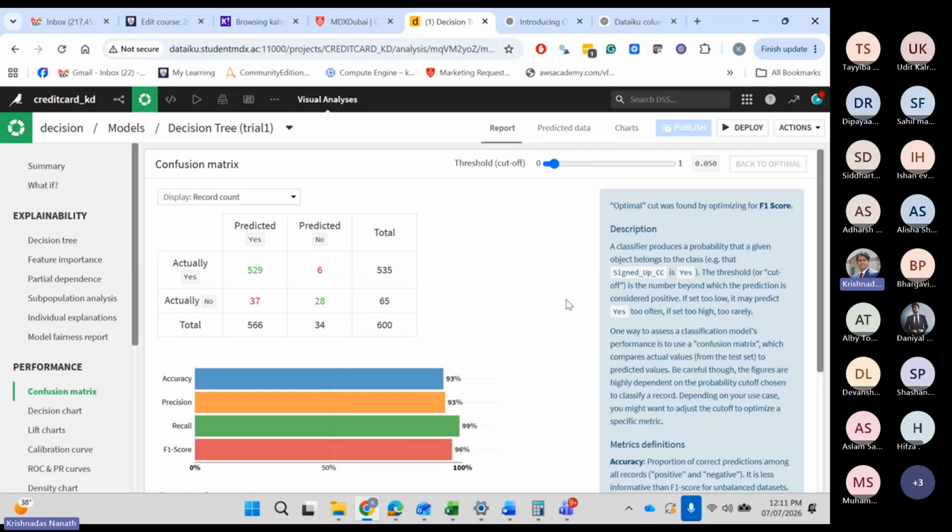As of now, while you can be happy and say, job done, I got 91% accuracy, my model is great, it is not, because there are only 65 out of 600 who did not opt for the credit card, which is partially okay. The other argument is yes, there are only 65, but out of that, 28 were correct predictions of no. So someone could also say there is some merit in the model, but I wouldn't be extremely happy because it's heavily biased. And this is how analysts should think. It is heavily biased with the actual values being yes.